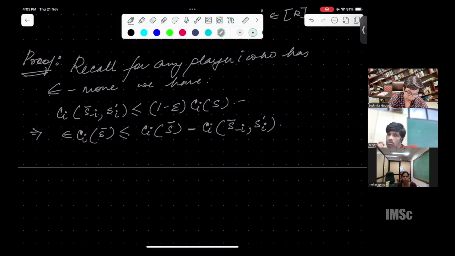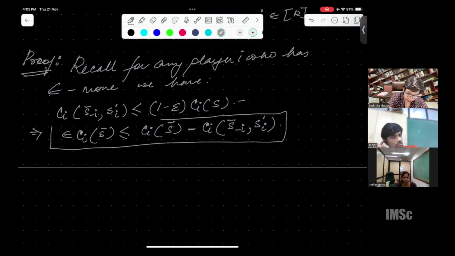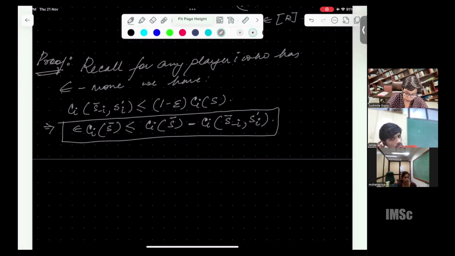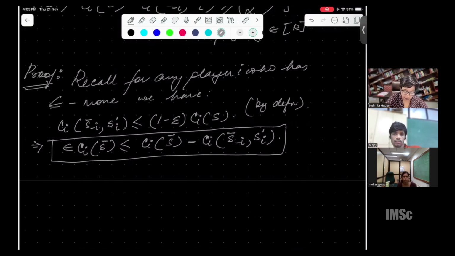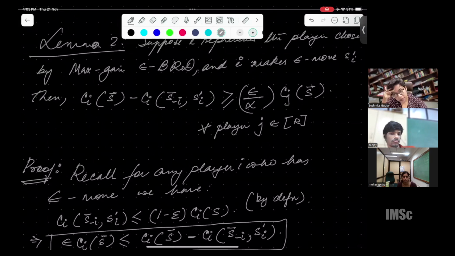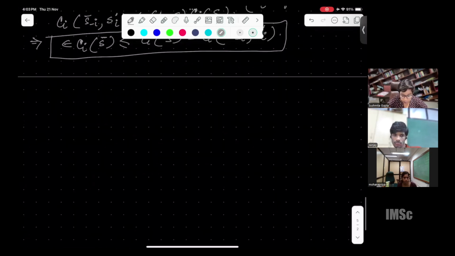This is also some, so keep this in mind, one or the other. This is by definition. Correct? So let's assume in any situation, wherever we are, players belong to one or the other category. Either they have an epsilon move or they don't have an epsilon move. Correct? So for any player who does have an epsilon move, we can say that,